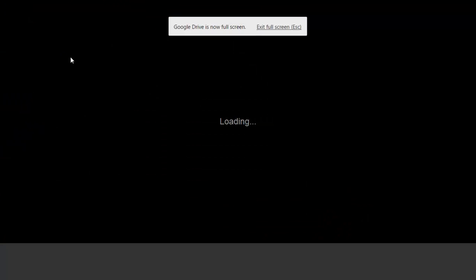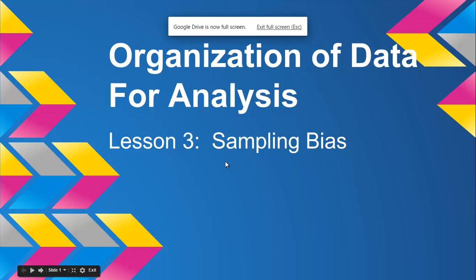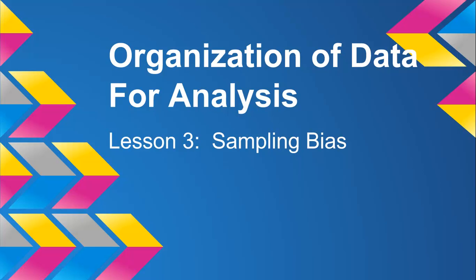Okay, welcome to the lesson on sampling bias. We actually saw in the last lesson multiple ways to sample from a population, and today we're going to talk about this idea of variability and how bias is inherent in data. Bias will always be in our data, and so we just want to talk specifically about how biases can show up